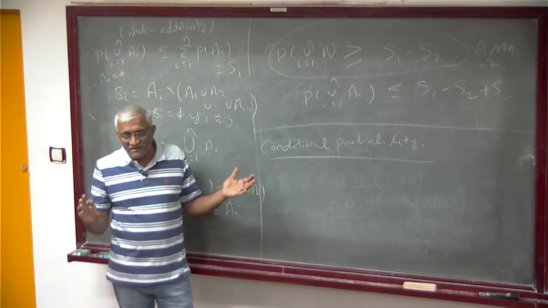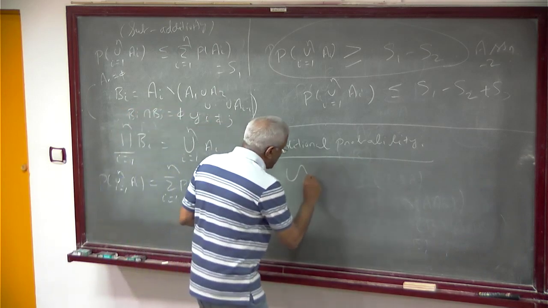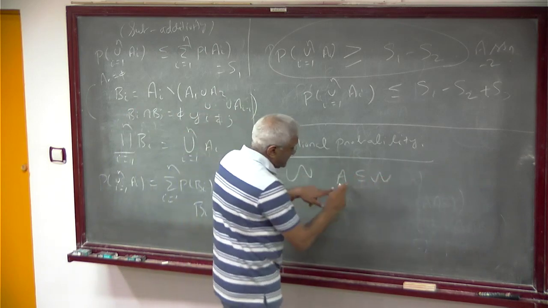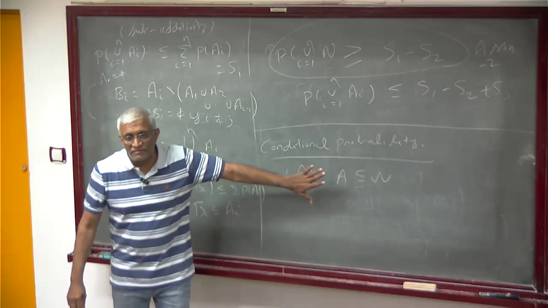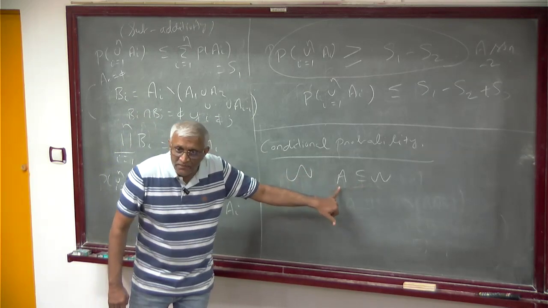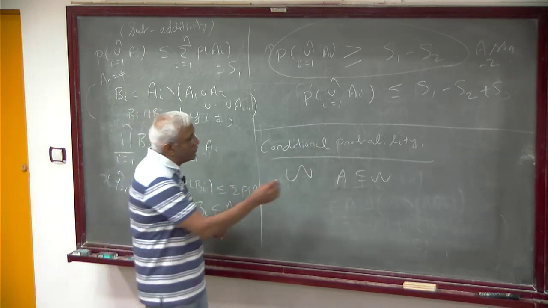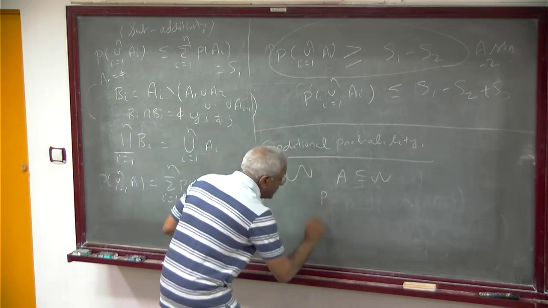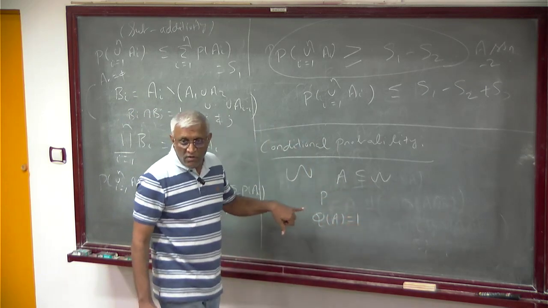In other words, you have initially one probability space, omega. Now you know that a subset of omega, a proper subset, which is an event, has happened. You know something has happened. Okay, A has happened, so your omega should become A. That's what you should do. So you will define a new probability space such that if P is the original probability, Q of A equal to 1.